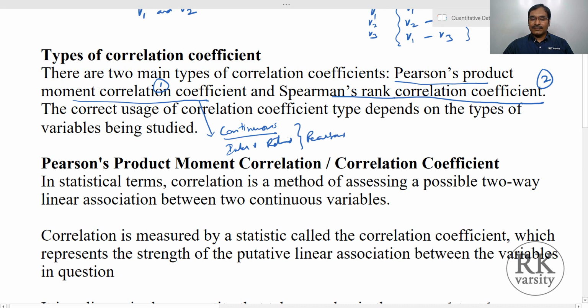And if your data is measured on an ordinal scale, then we use Spearman's rank correlation. Spearman's rank correlation is a non-parametric test, and Pearson's correlation is a parametric statistical test. So this lecture is about Pearson's product moment correlation, or simply called a correlation coefficient or a correlation.